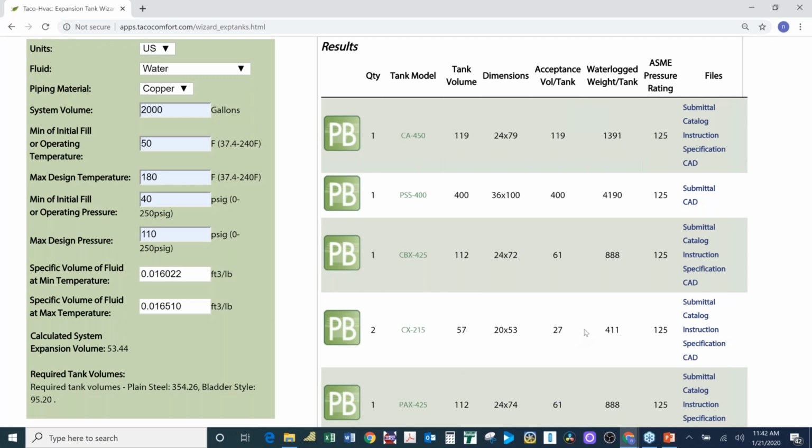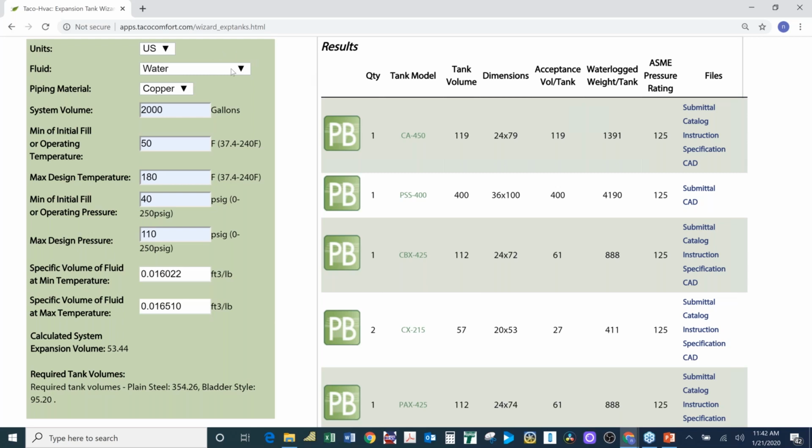Okay, one of the things I want to point out is that I'm going to write down next to my desk here just so I don't lose the size. The expansion, when we have water in this system, is just over 53 gallons. So I'm going to write that down here, 53 gallons. Let's assume that you went ahead and made that selection, but someone made a mistake and they did not select the fluid properly. They did the calculations based on water, but the actual fluid in the system was a